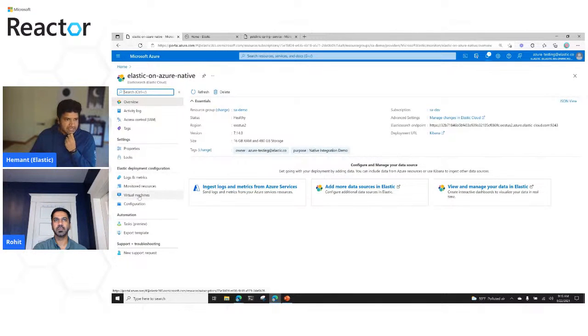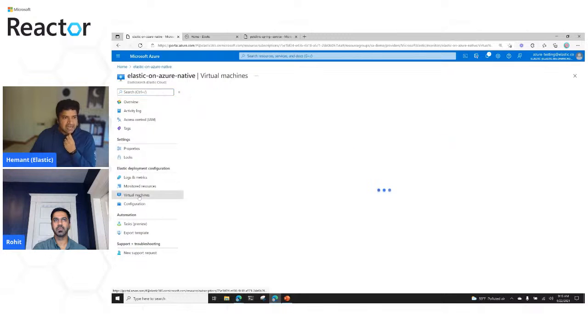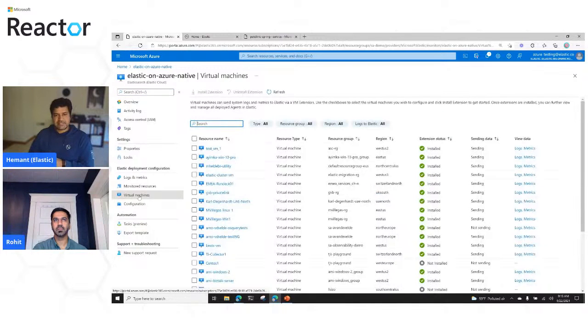Let me quickly get into another aspect of this integration, which is a VM extension. What this helps me do is pick up the different virtual machines that I may be interested in sending data from. This data could be logs and metrics. I could be using it for observability use cases or security use cases.